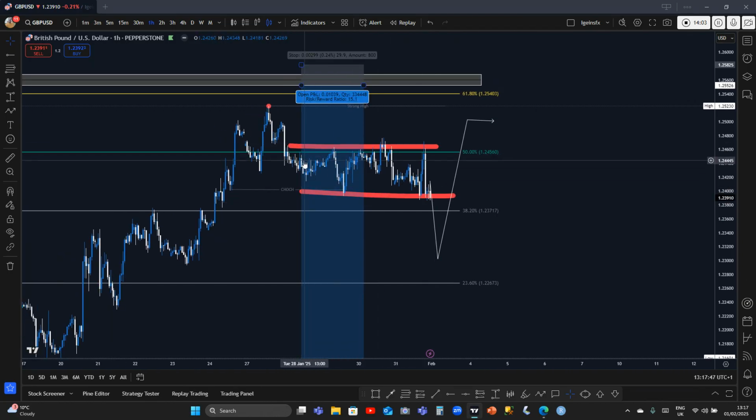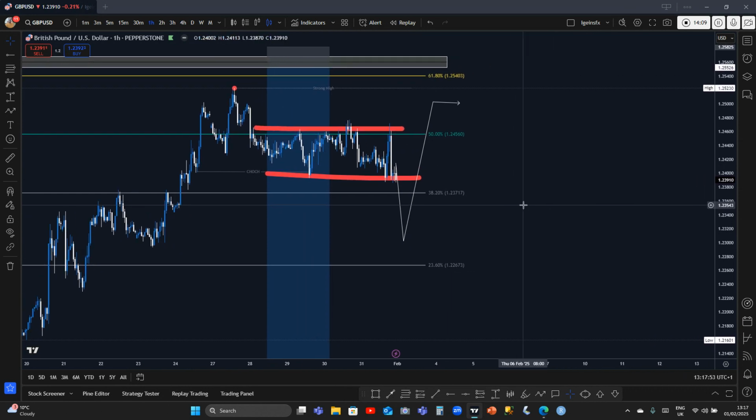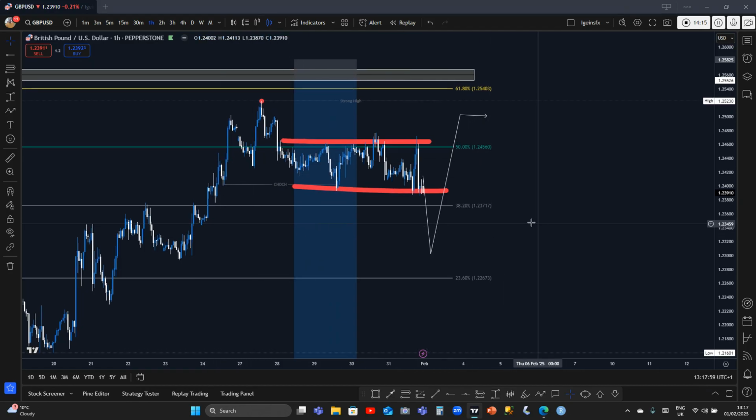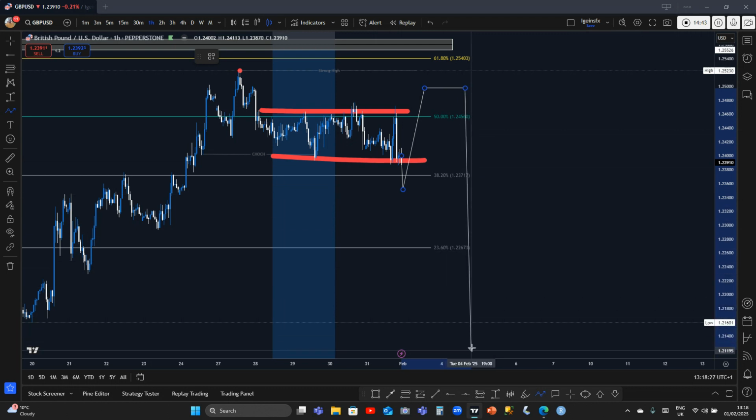If at the end of the day price did not get to this place, we'll cancel our pending order. There is no cause for alarm. So what we are expecting now for the week ahead is for price to push to the downside, clear this liquidity, or push to the upside, clear this liquidity before we see a bullish and a bearish run to the